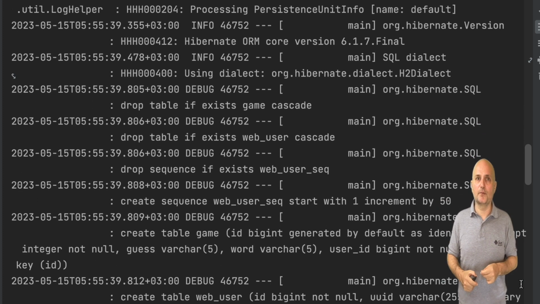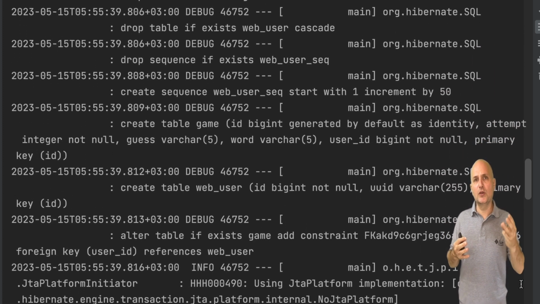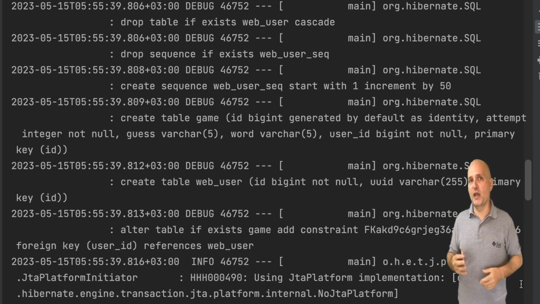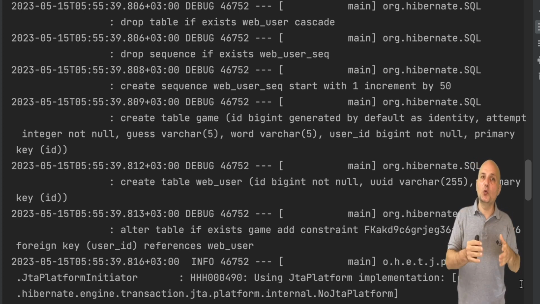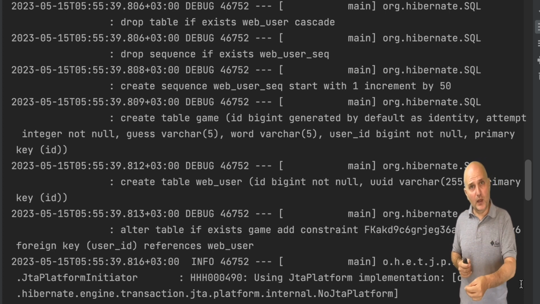Here we can see 3 calls for table creation. These include the tables we created for web user and game, but also a special sequence table, which Hibernate used to generate the ID for the web user class. Notice it makes no similar table for the game table.